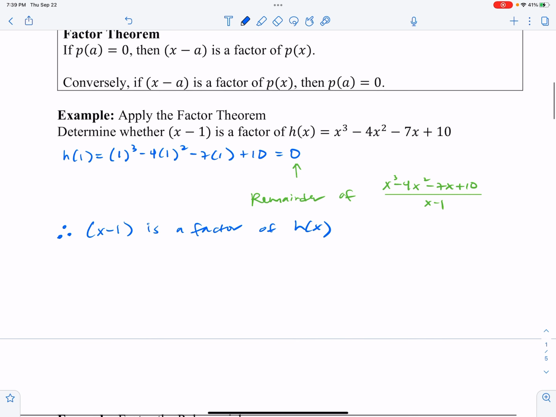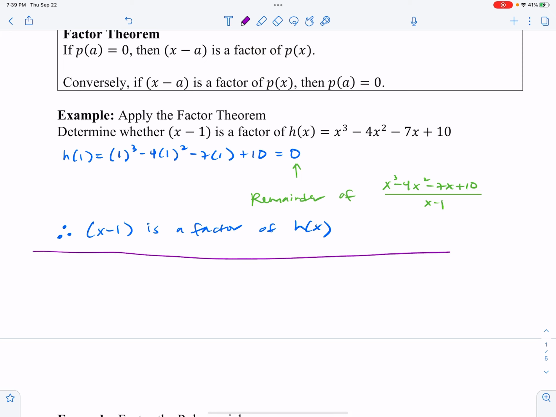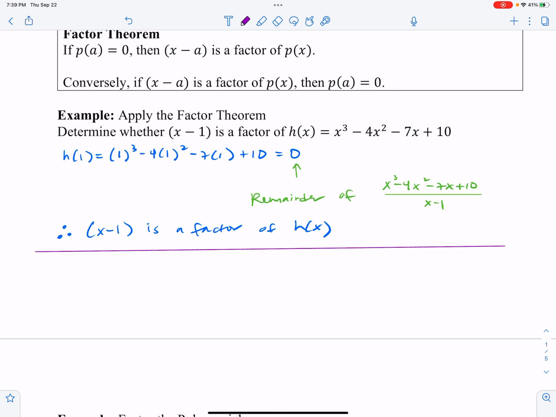Now, if we wanted to go a little bit further than what this question is asking, we could. We could actually do the polynomial division. So we could use synthetic division here, right? In order to see what times x minus 1 would give us h of x. Because then we're on the road to factoring. So using synthetic division,